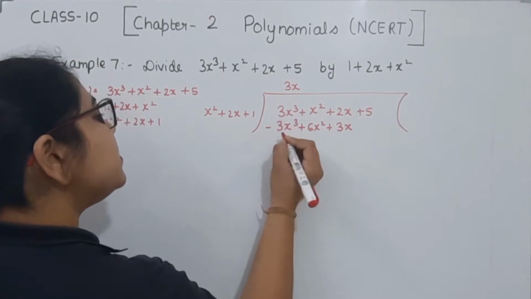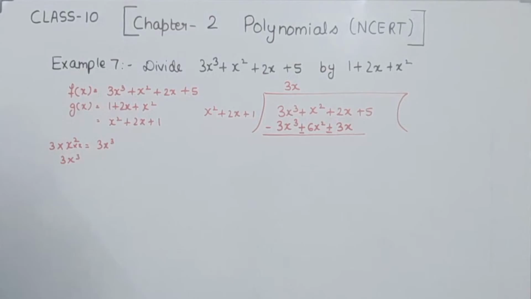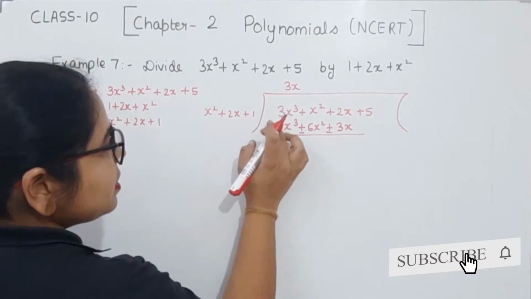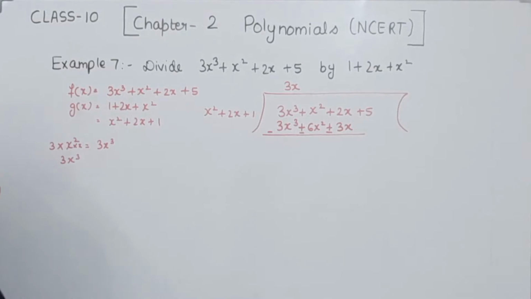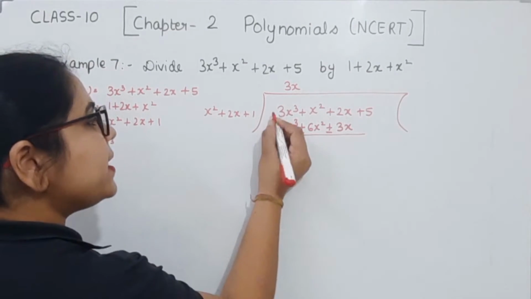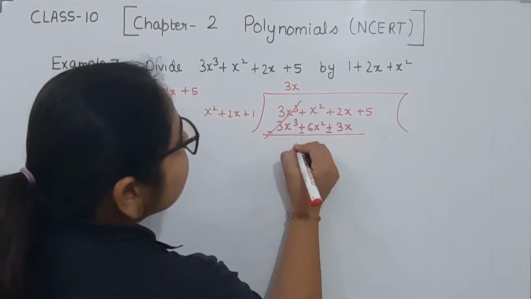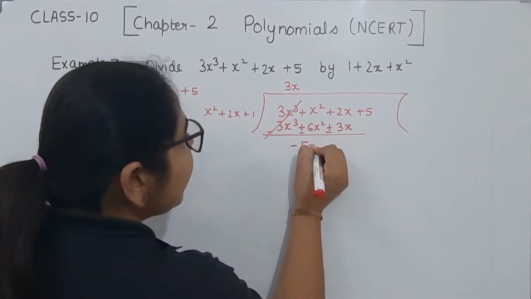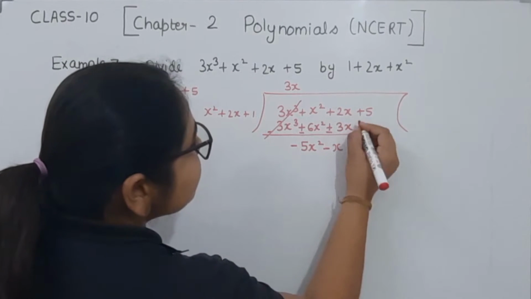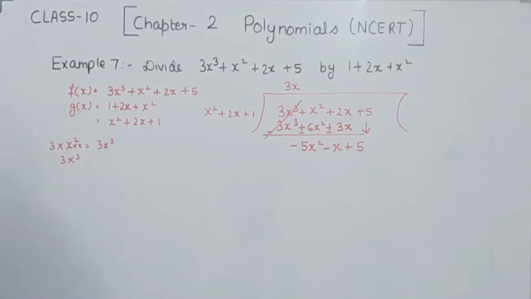Now we have to subtract this, so we will change the signs here. This one is minus, this one is also minus. You have to change the sign. Opposite to this one, here we have the positive one, that's why I am putting the negative one here. Now we will consider these signs, not these signs. So plus minus minus cancelled. Now plus minus minus, we are going to subtract this one, so we will have minus 5x square. Plus minus minus, we will have x, that of the minus. And we are going to carry this 5 here.